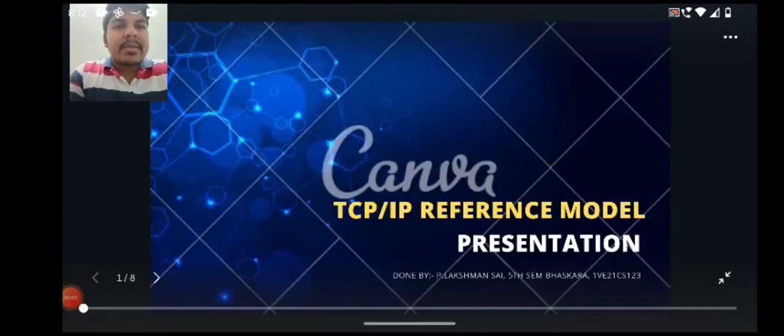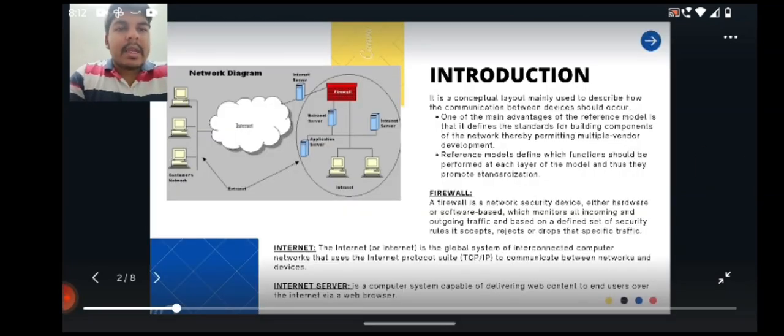Today, I'm here to explain a presentation about the TCP/IP reference model topic in the computer network subject. Introduction. As we can see in this diagram on the left side, there exist multiple devices connected to the internet. And on the right side, we can see the internal structure of the devices like the internal servers, firewall, external servers, and internet devices. So basically, it is a conceptual layout mainly used to describe how the communication between devices